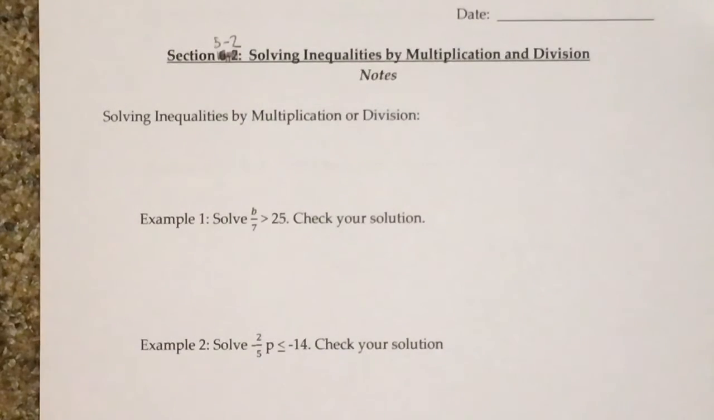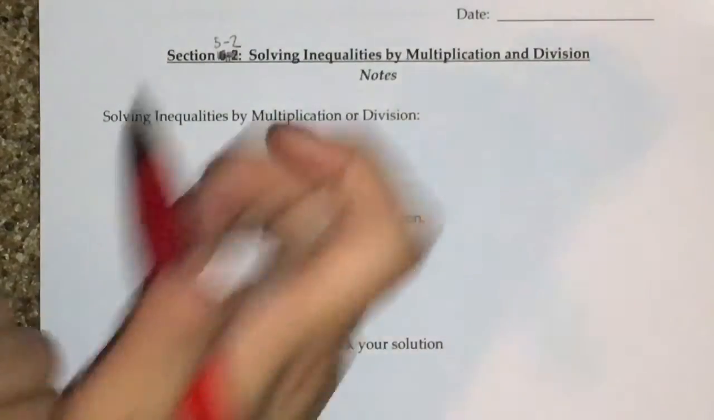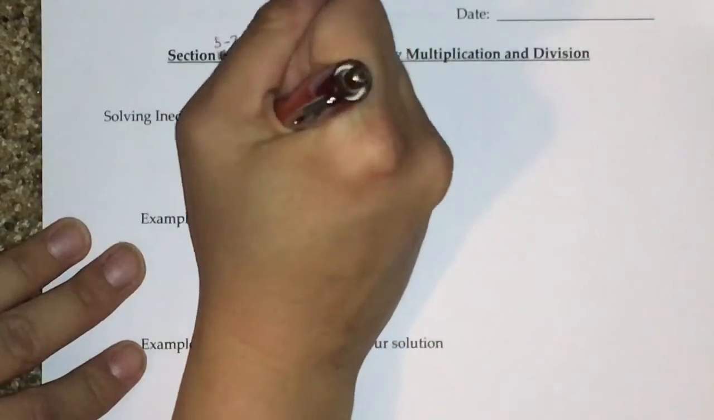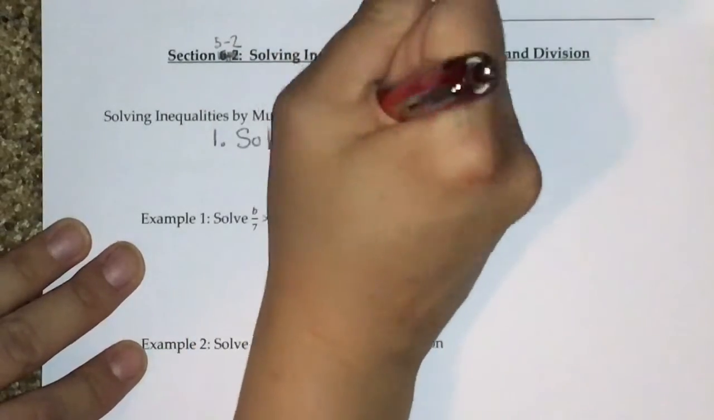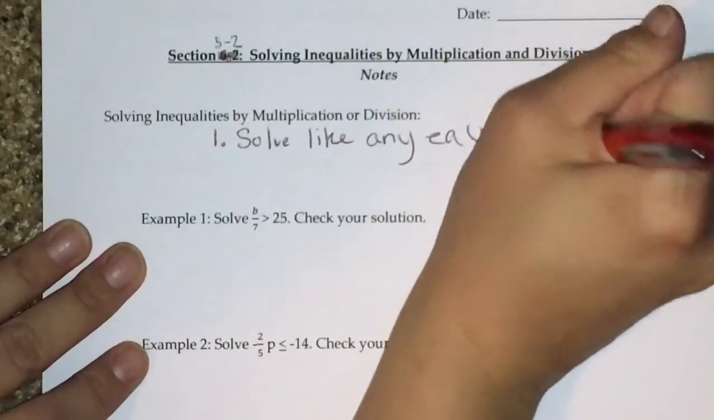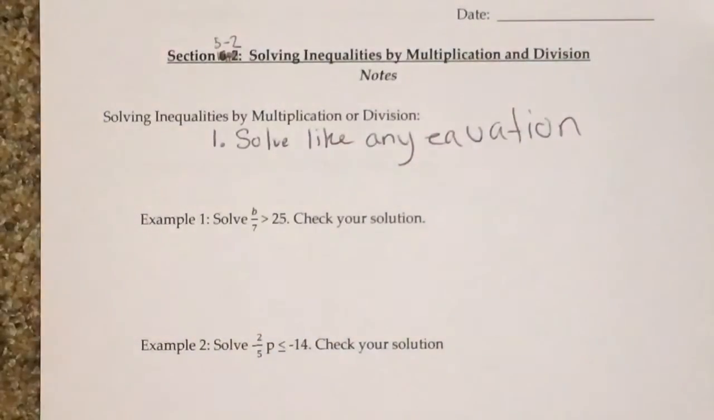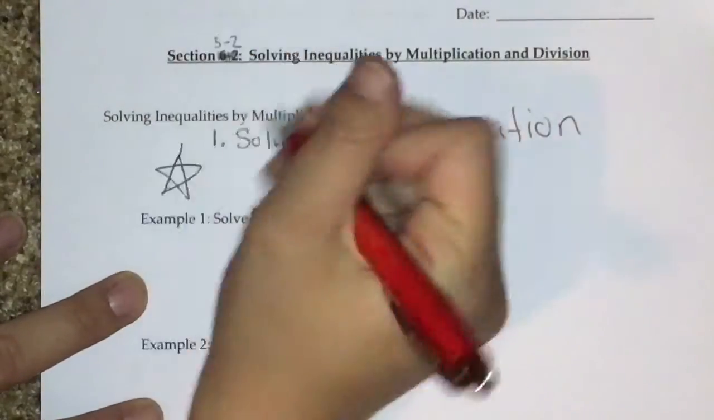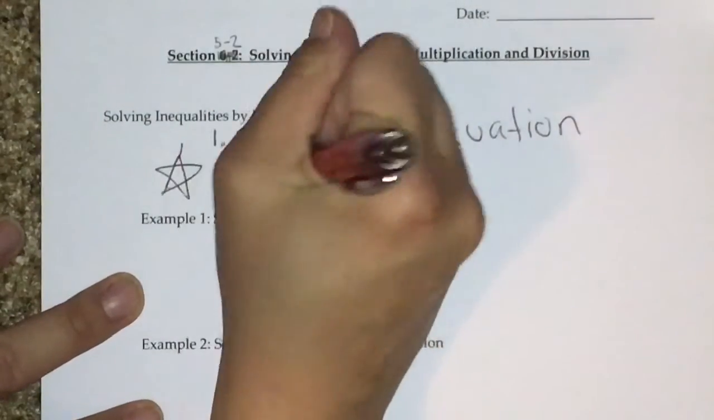Okay, we are on to section 5.2, solving inequalities by multiplication and division. When you are solving inequalities by multiplication and division, solve like any equation. So decide what's happening to the variable and then do the reverse opposite, except, this is a big except, if